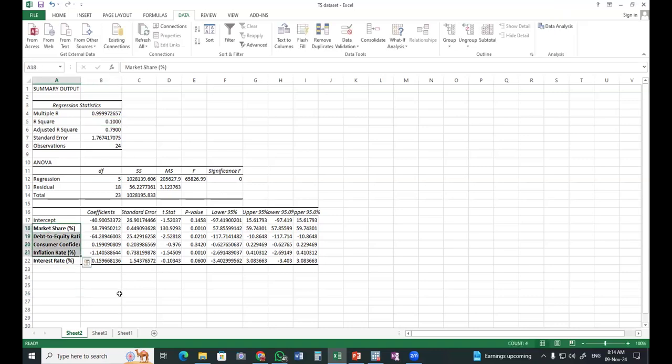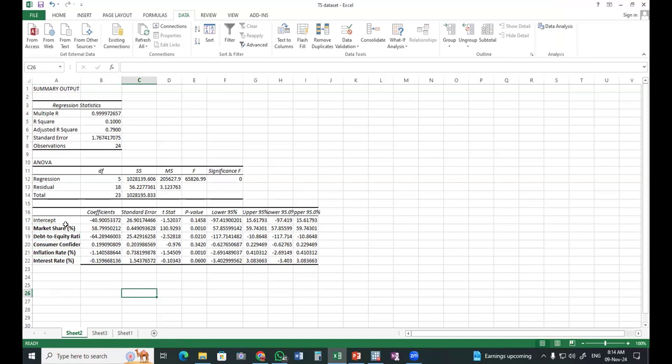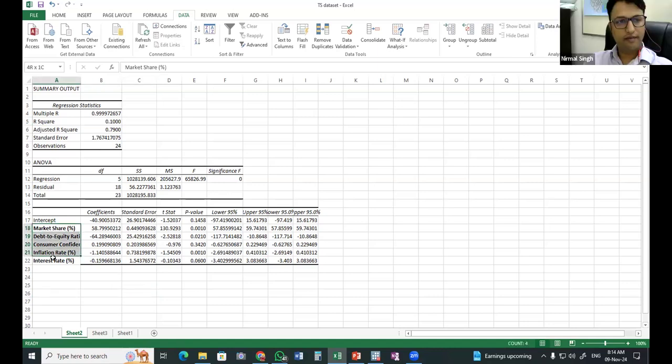So if it is 10%, that means you need to add more variables to see which actually has an impact on valuation, correct? Yes, we need to introduce some new factors. Say, for example, these variables, market share and debt to equity, are explaining only 10% variation in the valuation.